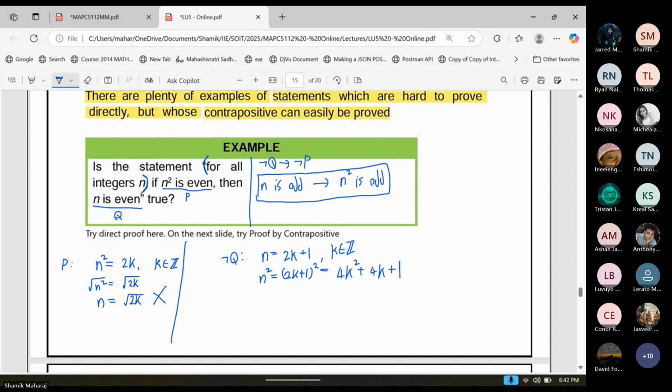plus 1. Okay, now can we write this as an odd number somehow? Maybe if I factor out 4k, but does it help me? Okay, let's do it first. Factor out the 4k and then see what's left. Left with k plus 1, plus 1. You see, if we had a 2k instead, that might have been more helpful. So let's maybe put a 2 back in. We'll keep a 2k on the outside, put a 2 back in, so 2k plus 2